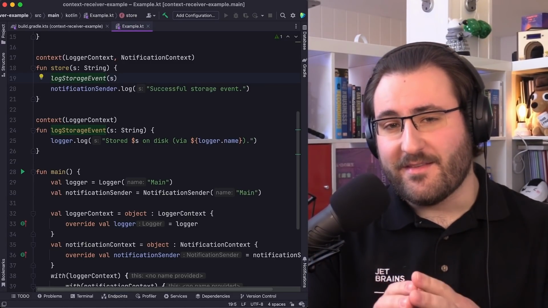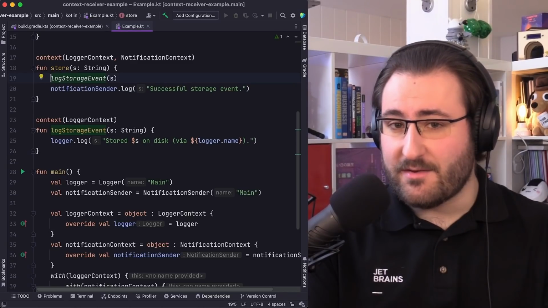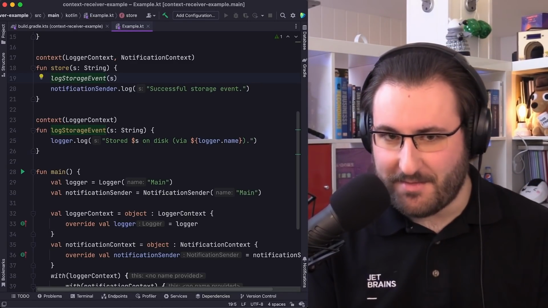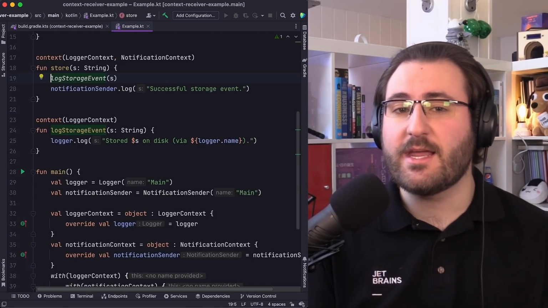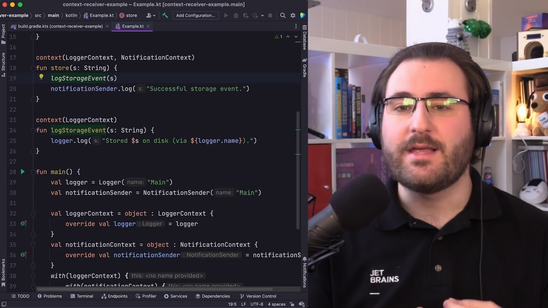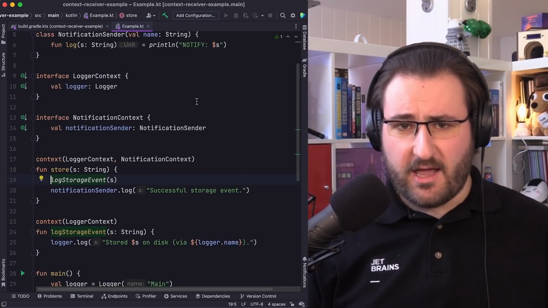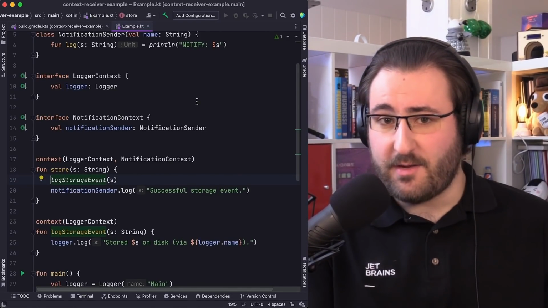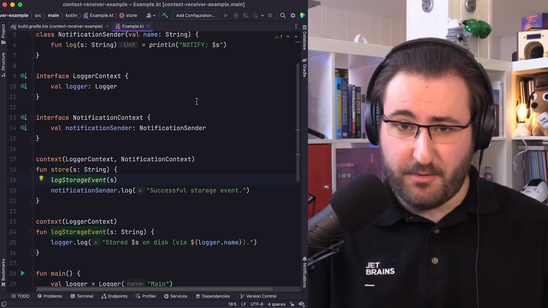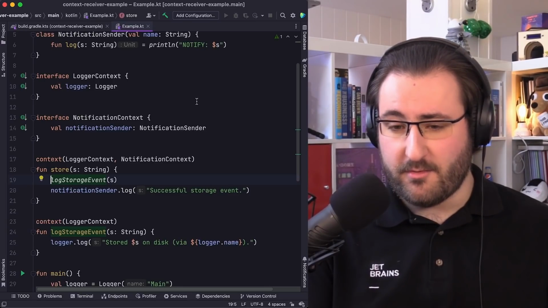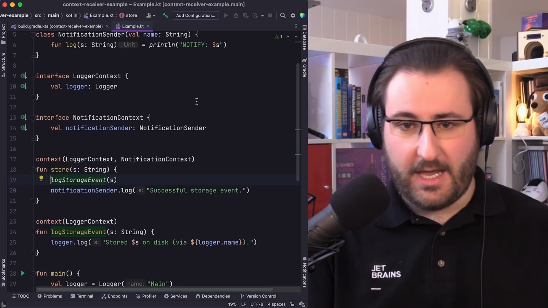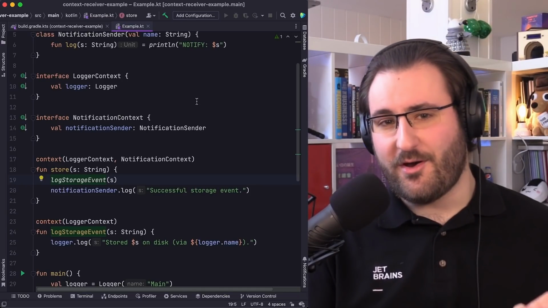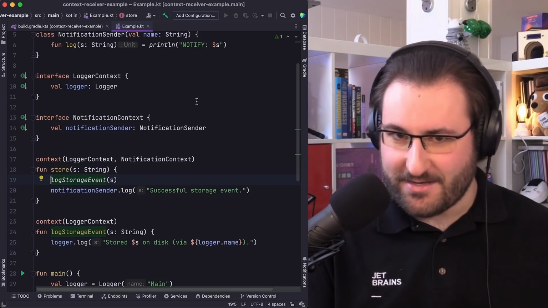Now, granted, this example looks longer and includes more concepts than what we started out with, but keep in mind that we've stripped this application to the very bare essentials. As you introduce context receivers in more complicated applications, these benefits hopefully become even more clear. In this case, I chose to create two independent context objects to show off the fact that we can have more than one context, but it's perfectly permissible to combine, for example, Notification Sender and Logger in a storage context, if that makes sense in your domain. These don't always have to be single property interfaces.